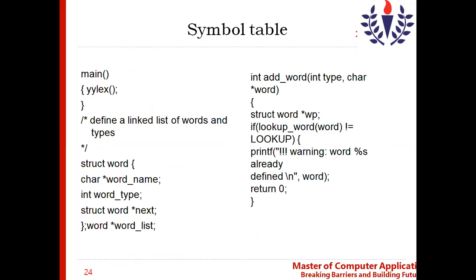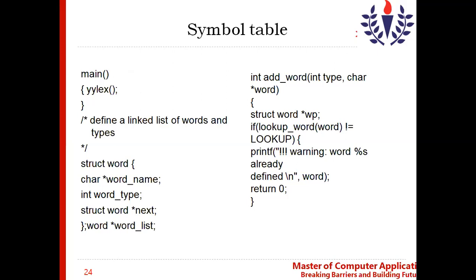So in the rule section, we declare the linked list, the structure has to be given. So struct word, the word name and word type. So that will give you what is the word and what is the type of the word. So if the word is given, then the type of the word is verb. So these two pieces of information should be there in the node. That is where the collection of nodes forms the linked list. So when you keep multiple nodes, then it's forming the linked list. So each node has the type and the corresponding word.